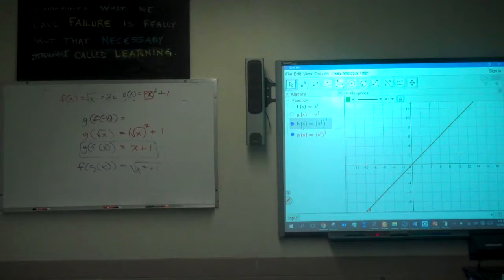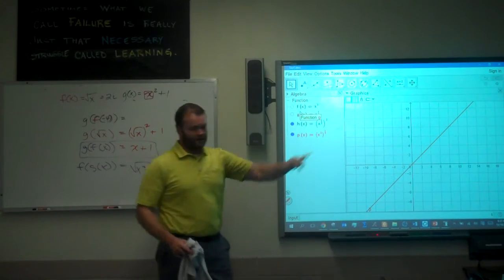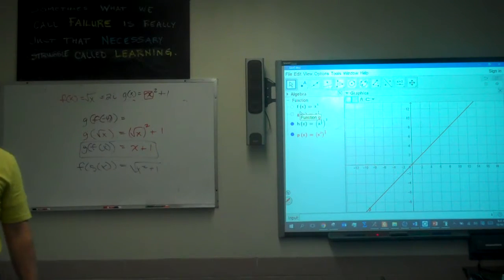We're going to highlight it, where it says h of x there is f of g of x, and here it says p of x is g of f of x. We get the same result. Basically, we get x back, right? When that happens, you have a special case in regards to these two functions, and that's what the next section's about. Because they provide the same rule when I compose them, those two functions are referred to as inverses of